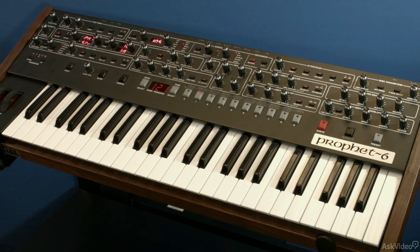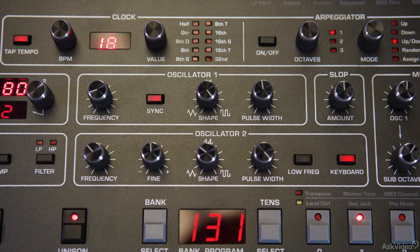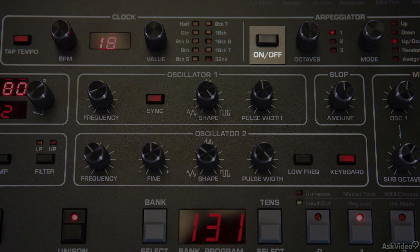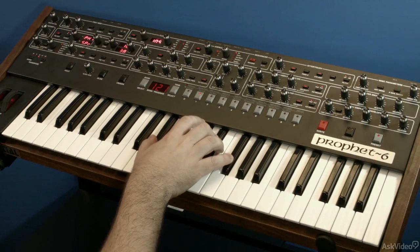The Prophet's Arpeggiator is highly programmable, and it is located in the top center area, connected with the clock and tap tempo features, which is great because a lot of the arpeggiator will work based on the tempo value that you're working with. So the arpeggiator is going to separate the notes one at a time. If I turn the arpeggiator on by tapping the on-off button, now if I hit a chord and hold it,